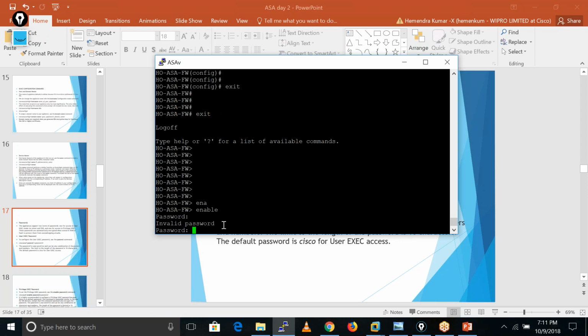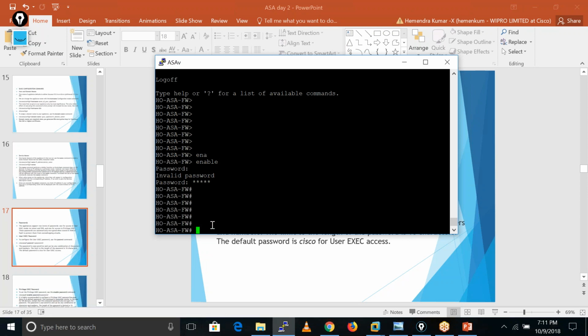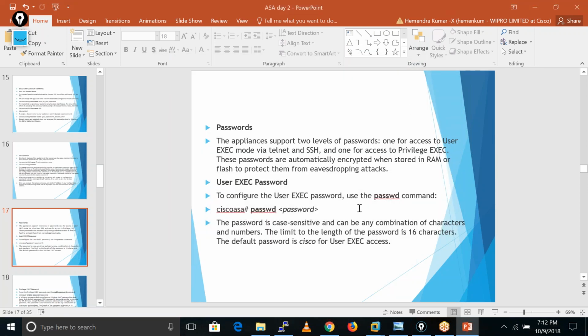If I press enter, it gives the message invalid password. Now I need to type my password, which is Cisco. If I type Cisco here, I get the access. That's the way we can configure the enable password in the Cisco ASA firewall. Every organization has that password.